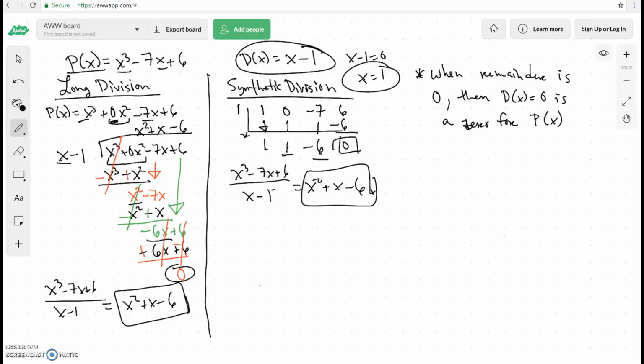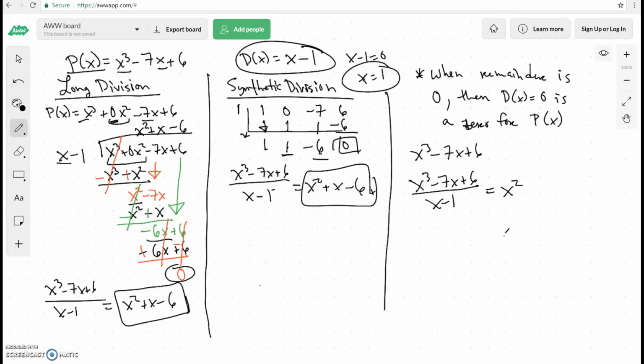So what's really helpful is that knowing that that's a 0 is really, really cool, because then I can do the following thing. It actually is really helpful to factor, because if you see x cubed minus 7x plus 6, well, this is really hard to factor. If you think about it, it's a little bit difficult. So I can't do the regular terms that I have. I can't use the quadratic formula because it's a cube. But what I can do is, if I know that x minus 1 is a 0, after I use synthetic division, x squared plus x minus 6,